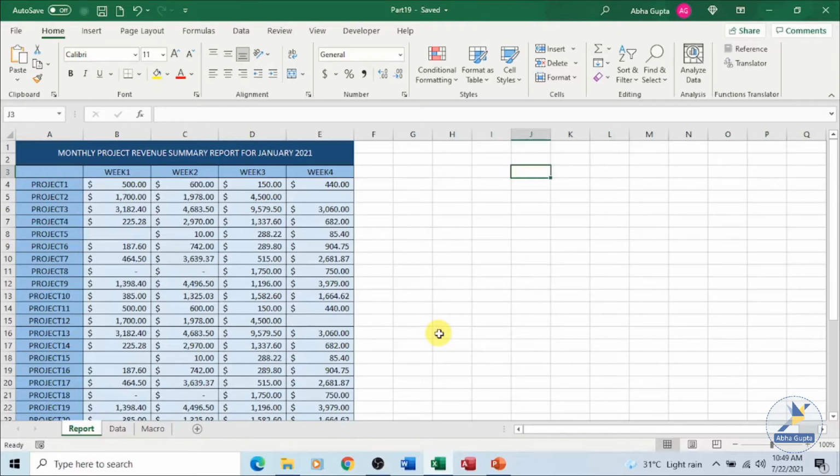Say, for example, in this same example, every month I get the data and I create a monthly report. The week's data is there and we generate a monthly report. The formatting should be in a certain manner: the heading should be merged, the numbering should be there, the currency symbol, all these tasks need to be done every time. So instead of doing this work again and again, we can record these keystrokes and actions, and that can be done using macros.